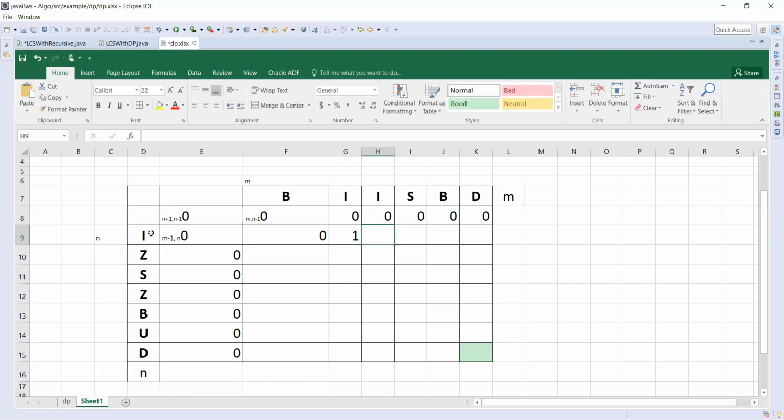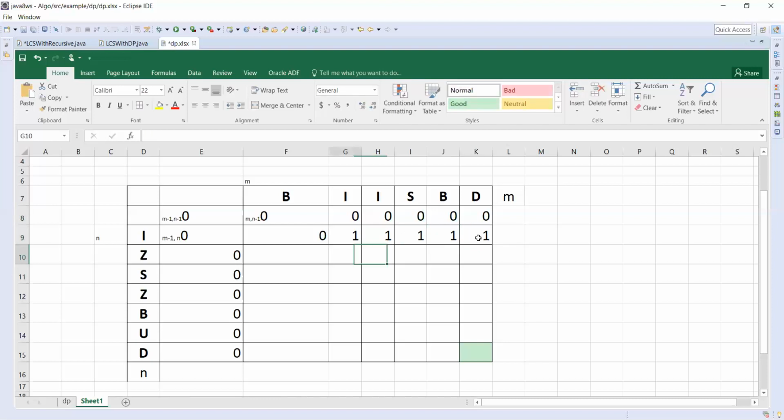Then I and I match again, so the diagonal value is 0 plus 1. Then I and S don't match, so the maximum value of these two is 1. Then I and B don't match, and the maximum is 1. Coming to I and D, they don't match. The maximum value of 0 and 1 is 1.